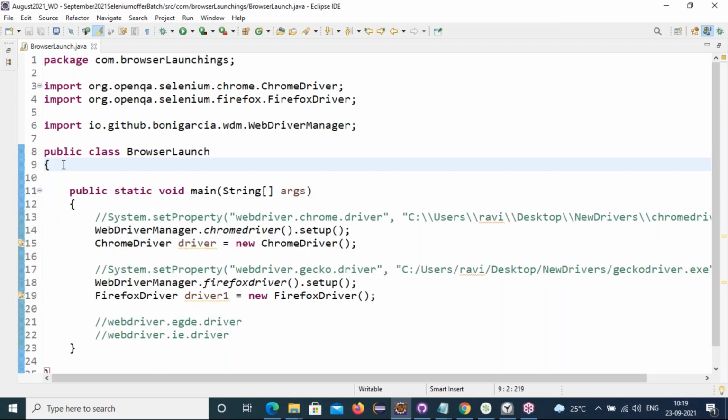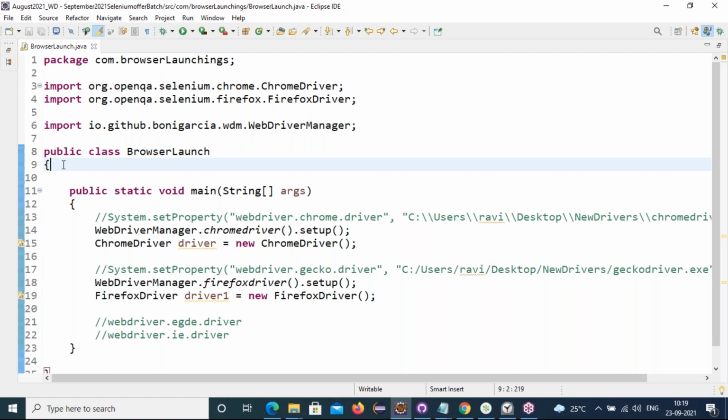We can set the browser paths through System.setProperty, system environment variables, or WebDriver Manager. The advantage of working with WebDriver Manager is that it will check what browser is available in your computer. According to that browser version, the drivers are loaded. Okay, browsers are loading up.